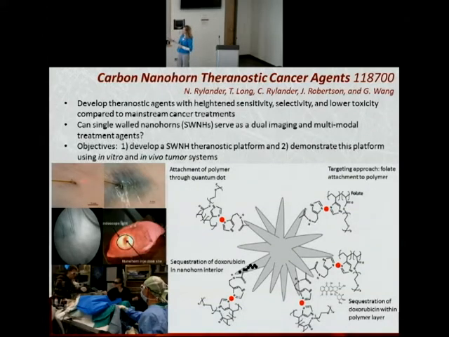Bladder cancer is nice because we can actually access it with fiber optics, get very close to the tumors, which can be treated surgically, but typically these tumors embed within the wall, and it's very difficult to actually effectively treat these without